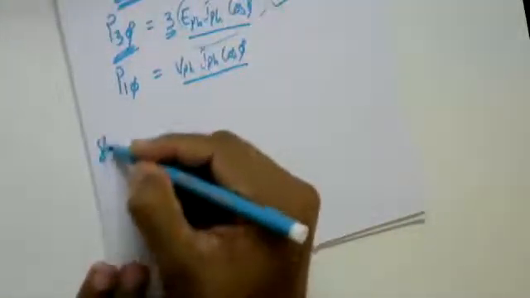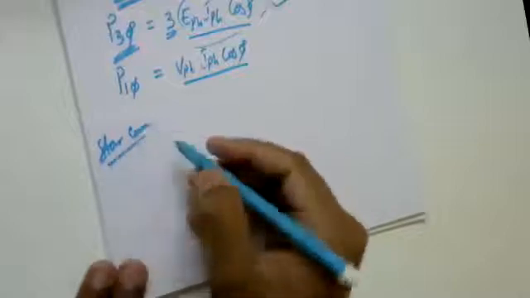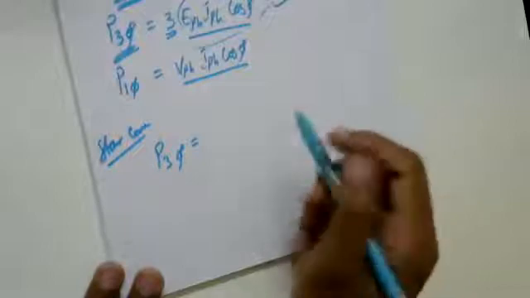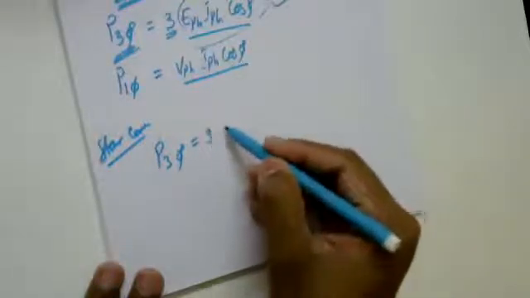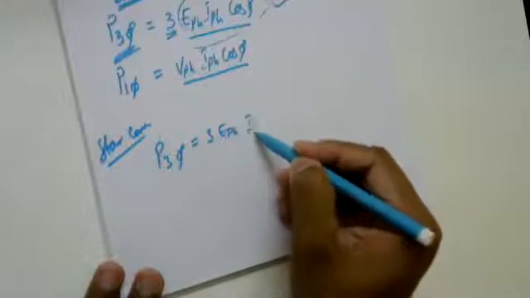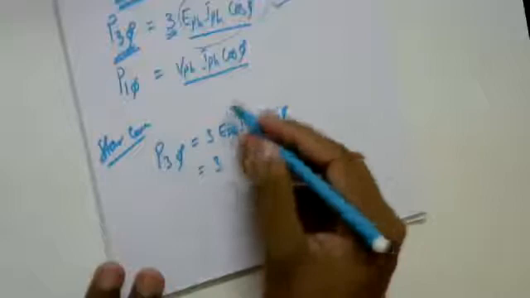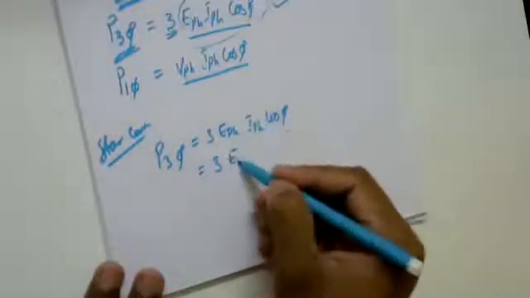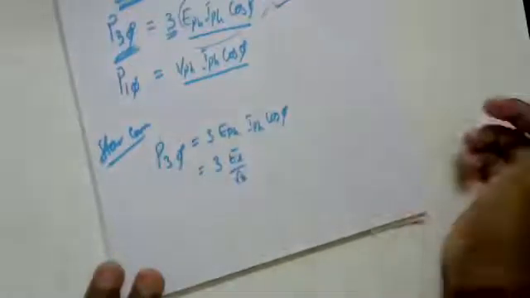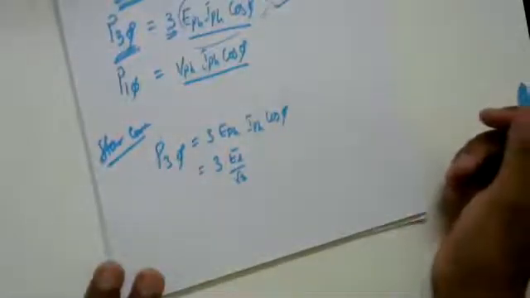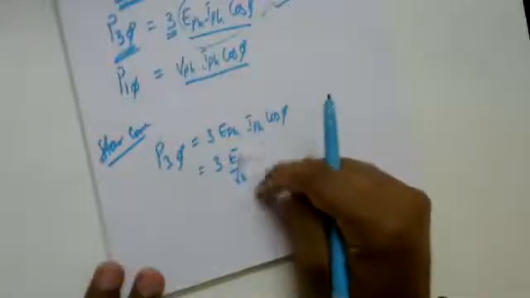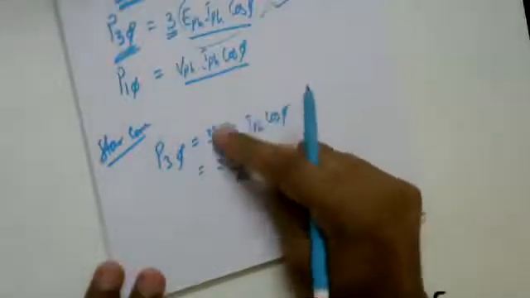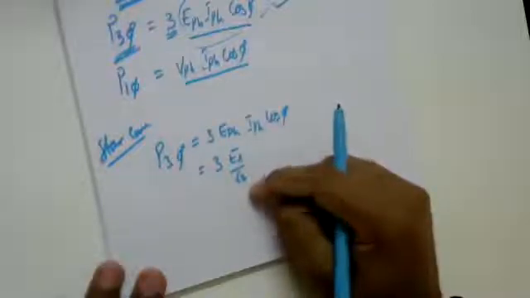Star connected load. So in case of star connected load, if I want to find the power being consumed by a three phase load, as I know the equation, 3 into E phase into I phase into cos phi. So 3 as this. In case of star connected load, what is E phase? E phase is EL by root 3. Yes or no? Because your EL will be equal to root 3 times E phase. Then your E phase will be the reverse of that, EL by root 3.